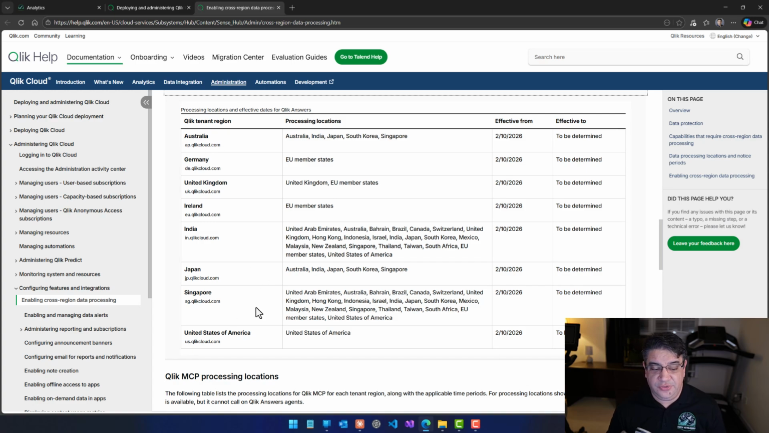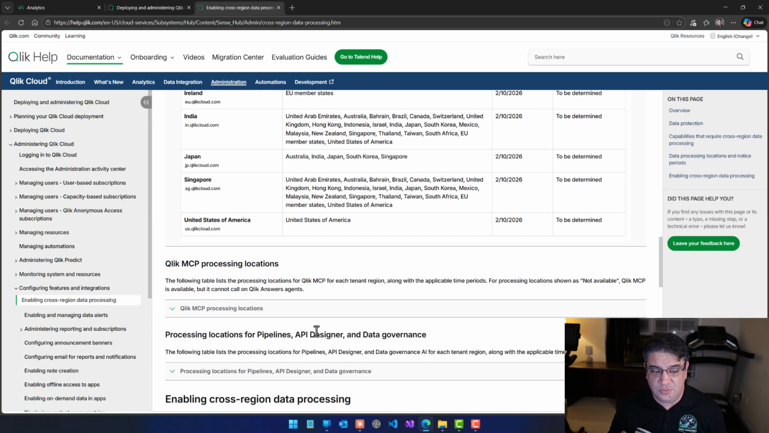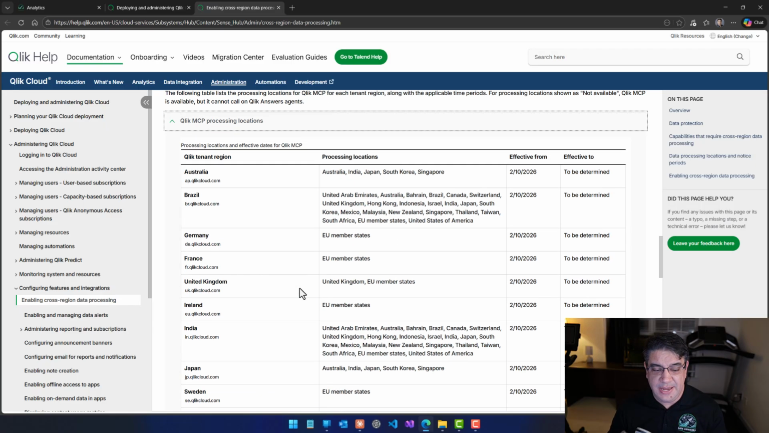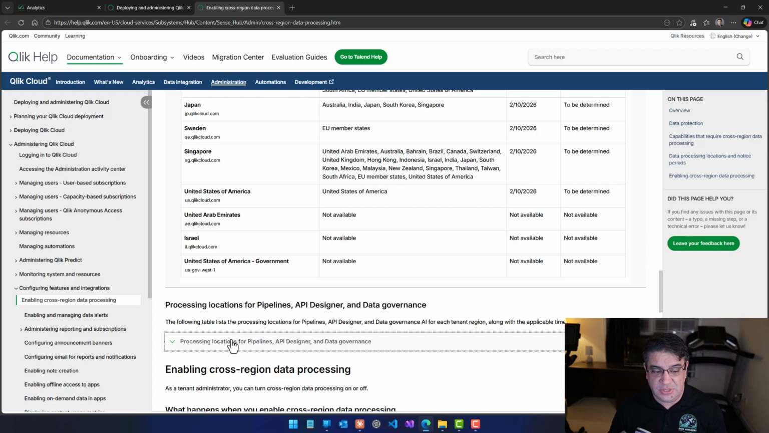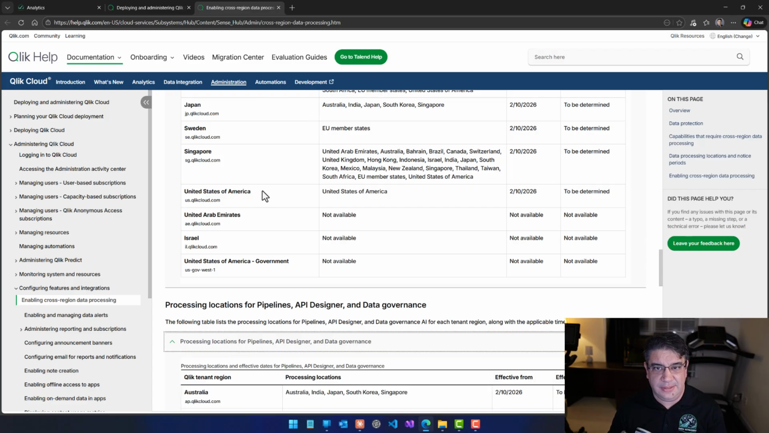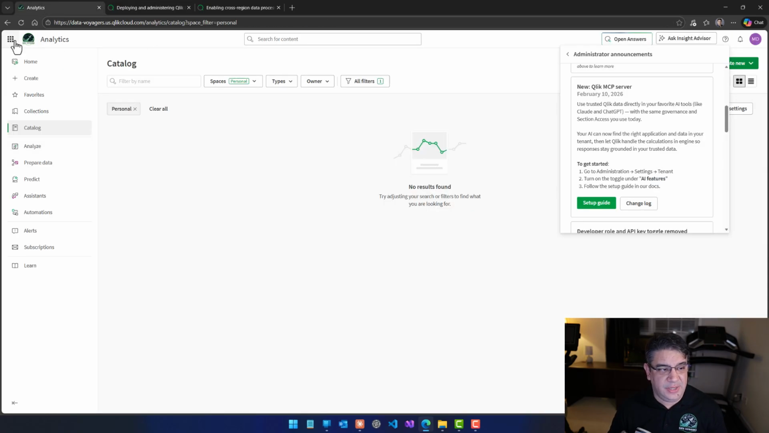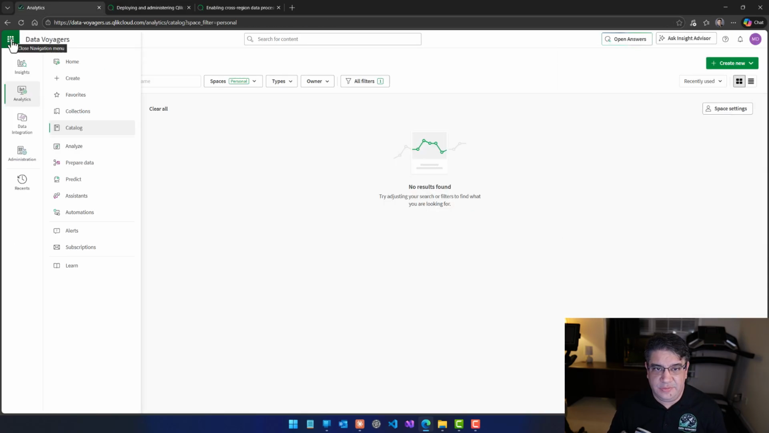If you're from the United States, it's always processed in the United States, so you won't have any problem with any of the new AI stuff like Qlik Answers and Qlik MCP. If you expand, you see a detailed description about this. So keep that in mind. This may be important for you. Okay. So I have to enable this, and in order to enable it, if you are an administrator, you go to